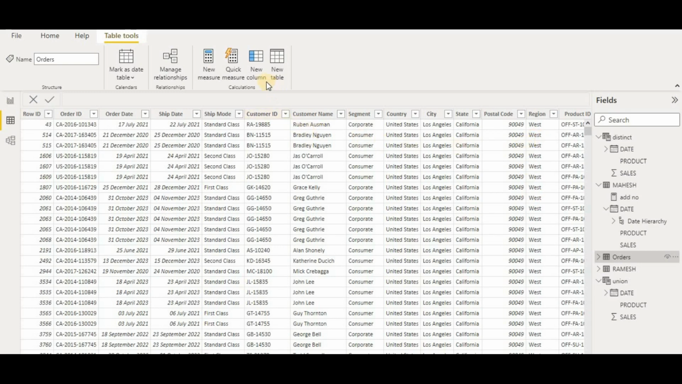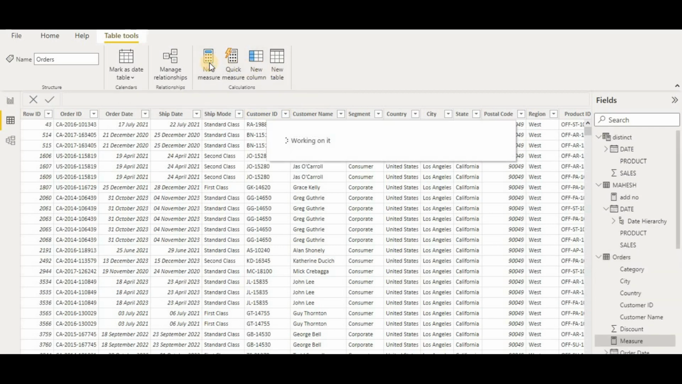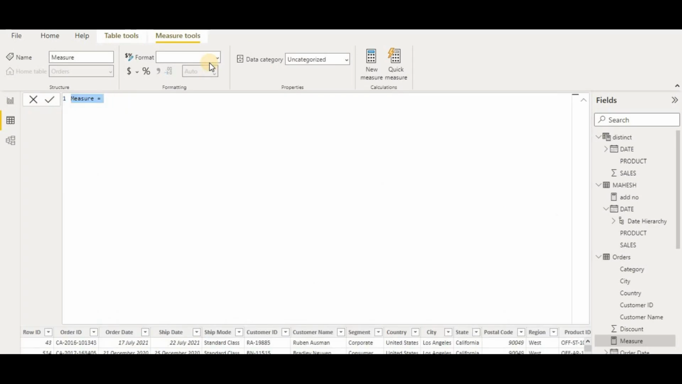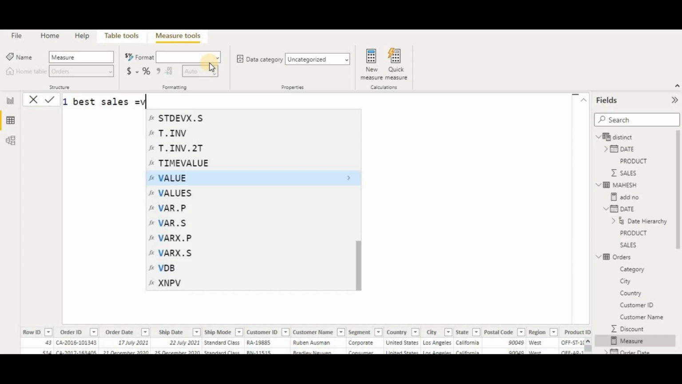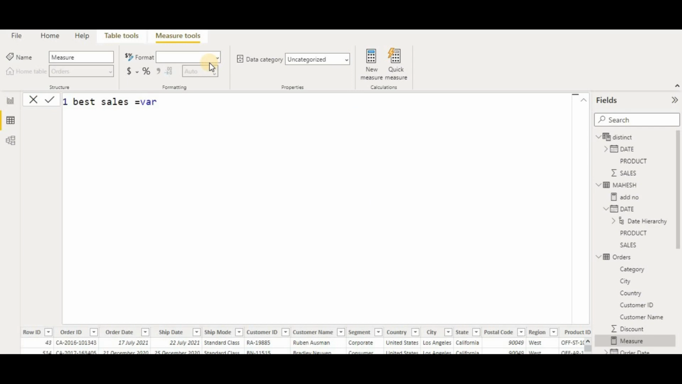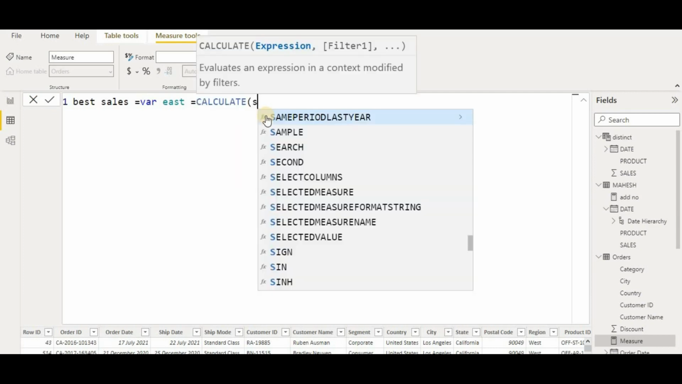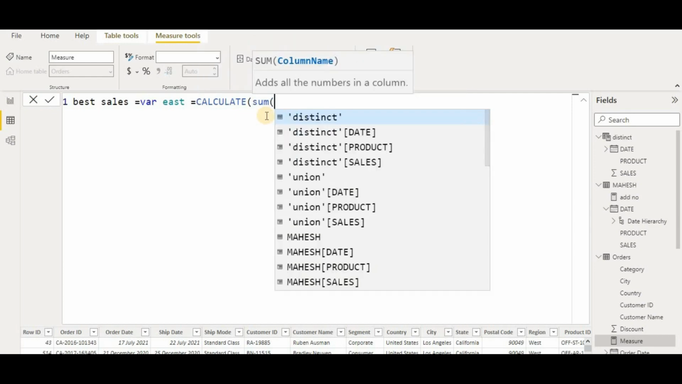Through variables. So we will go to the new measure here and give it a name. First of all we have to give it a name. I will just increase the size and give it the name best sales. Then I will put equal to, and after that I will use var, and the name of the variable is east. Then I will put equal to, then I will use the calculate formula, then I will use sum, and after putting sum